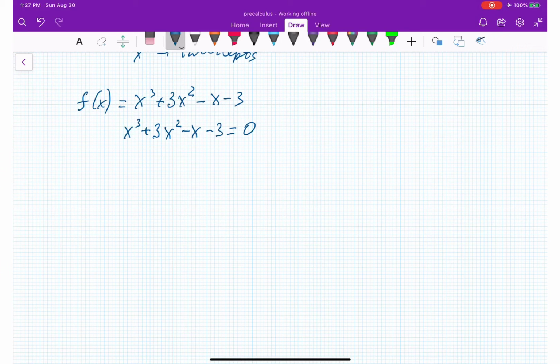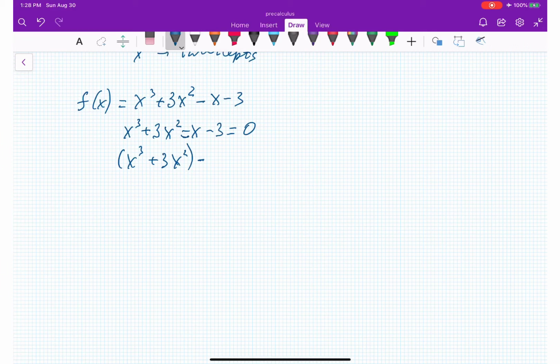Now let's scroll back in our memories to how we solve an equation that has equals 0 on the right side. Several methods you use: by factoring, by grouping, by applying formulas for perfect square, difference of squares, and so on. We use all other methods of factoring when we have 3 terms, besides one method that uses 4 terms, and that's grouping. And we have 4 terms here, and that's exactly what I'm going to try to use, grouping. For grouping, I'm going to break it down into groups: x cubed plus 3x squared